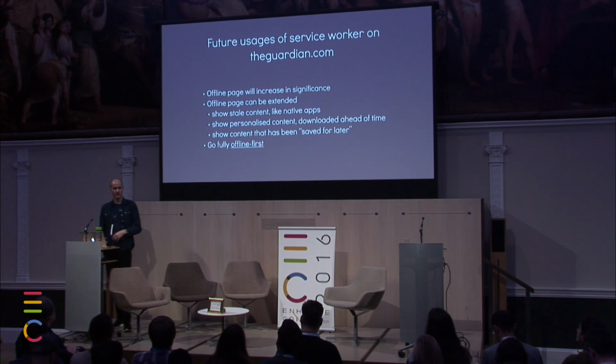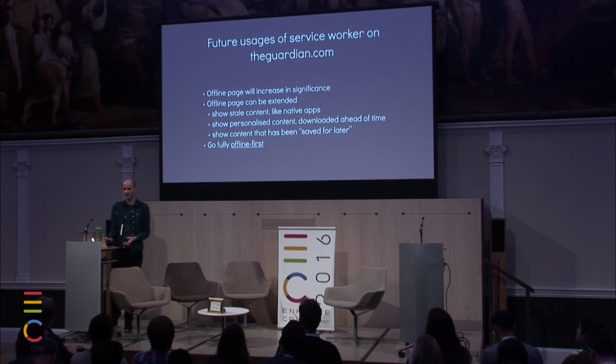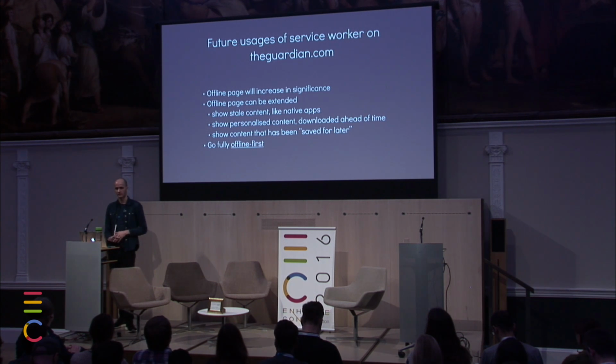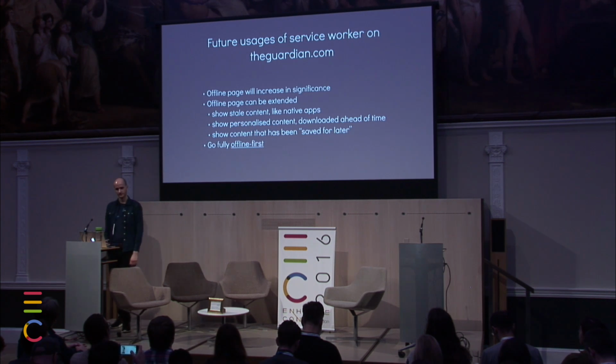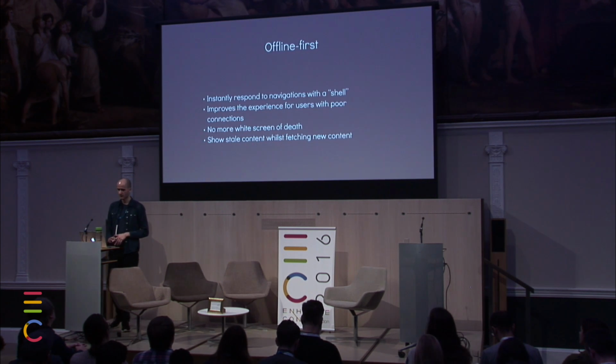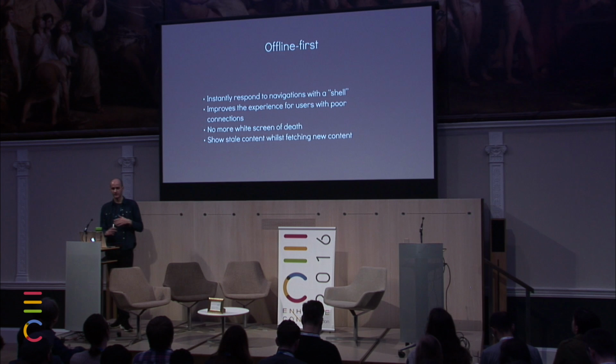We could show personalized content downloaded ahead of time, so we know what kind of articles you like. We're going to download 10 articles similar to the things you've read recently, and show that to you instead. Or we could use the Save for Later feature that we have on the website today and just download those. Or we could go fully offline first. What do I mean by offline first? Well, I mean